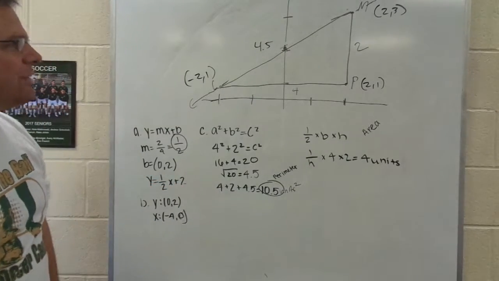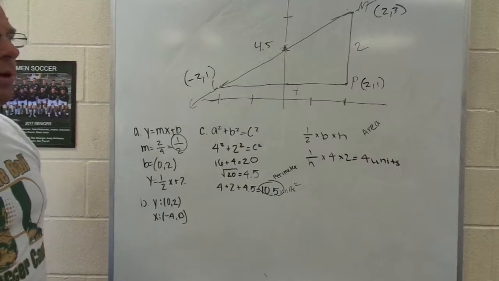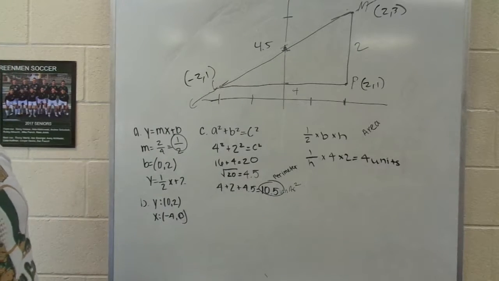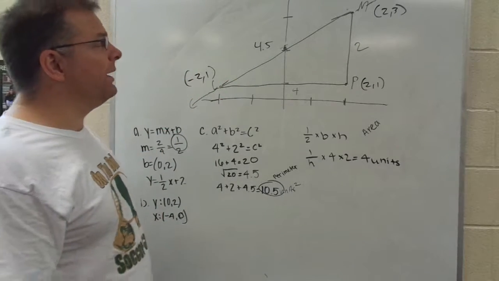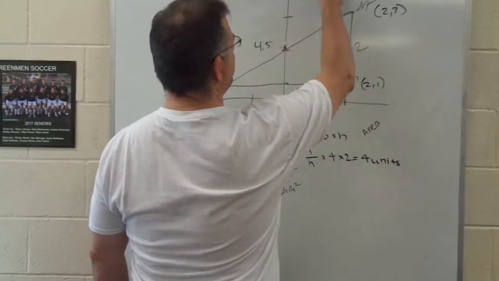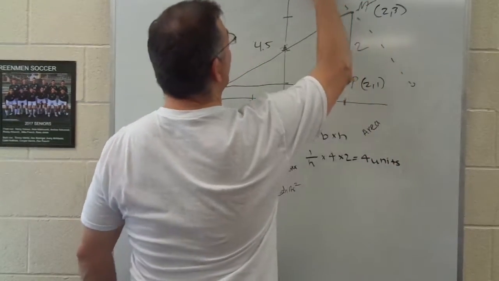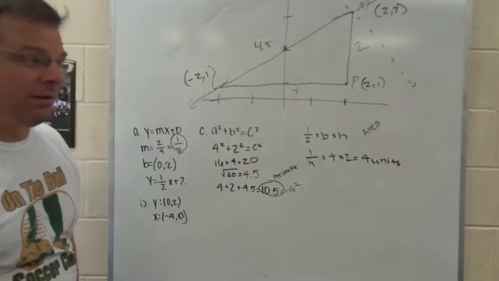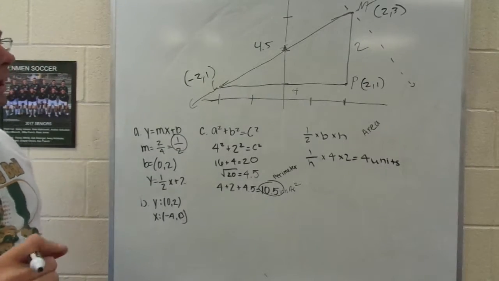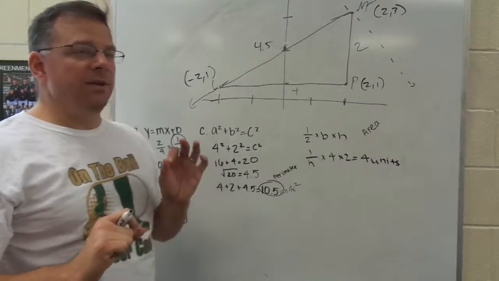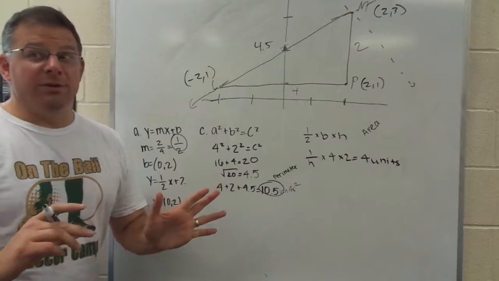Okay? The last question is the tricky one, and that one says, what if we drew a line perpendicular to this one through the point M? So we're looking for, what if we drew a line like that? What would be the equation of that line? And this is one we haven't talked about a whole lot. But remember, when you have perpendicular slopes, maybe Mrs. Burroughs taught you